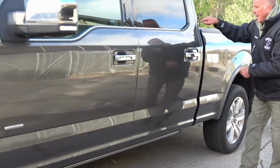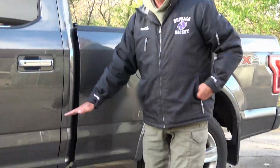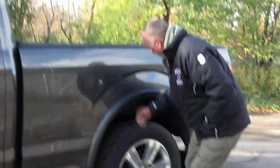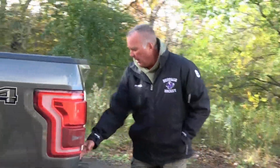Come along. Your vents on the pickup truck are on the back wall. The only vehicle I'm aware of that doesn't have vents on the back wall is the Chevy Avalanche. It has those vents about yay big on the bottom of the chassis. That's the only exception that I'm aware of. There could be others, I just don't know about it. You're coming along, boom, you got your wheel well under here, you're under here, and now you're going to do the same thing. You're going to do these